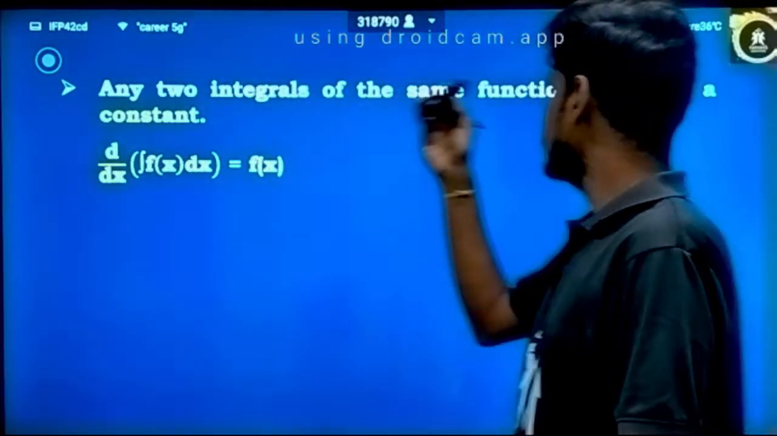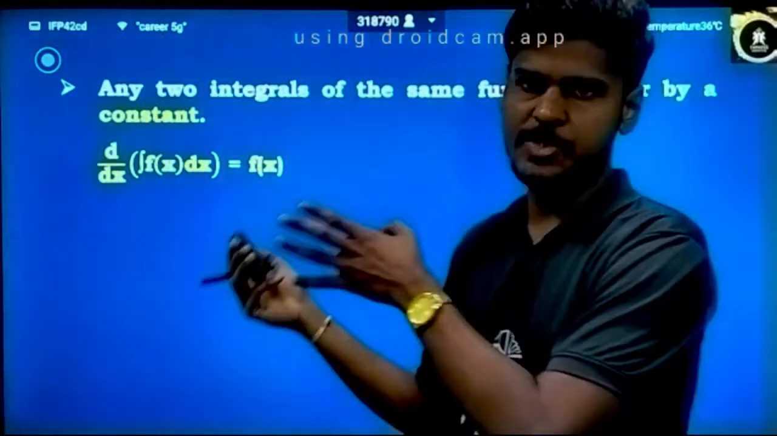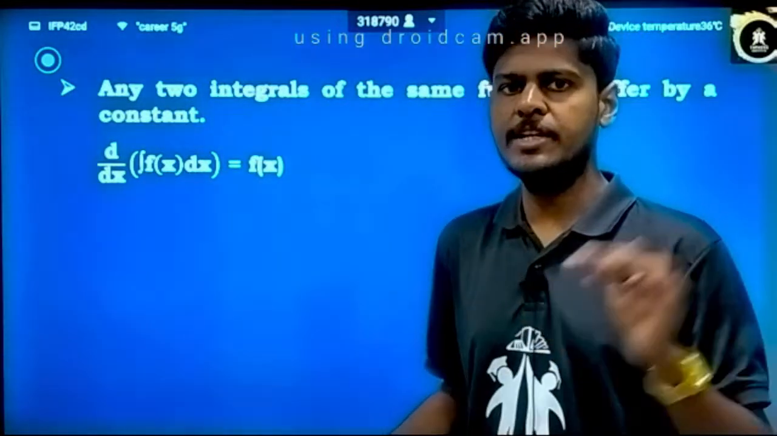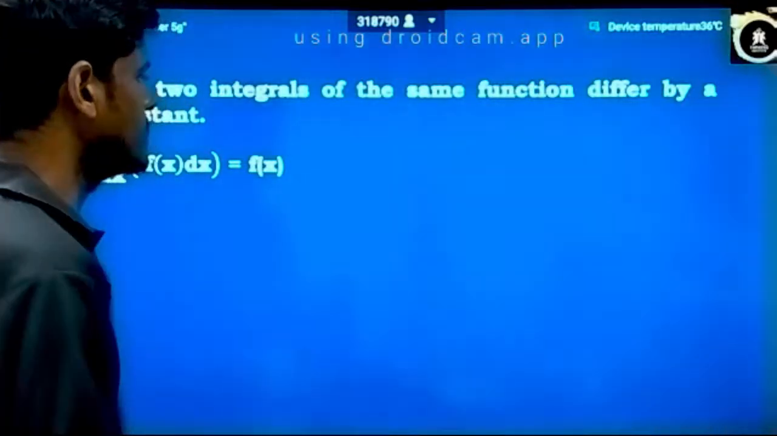Next, any two integrals of the same function differ by a constant. That is what we have seen. x square plus 2, what is the difference? The derivative is the same. That means the antiderivative will differ by a constant. If you have to see the graphs of this,